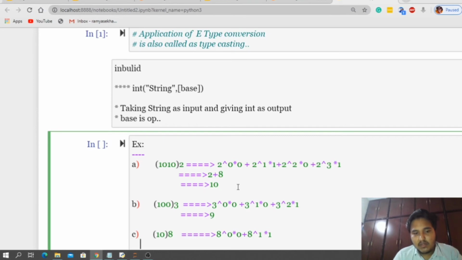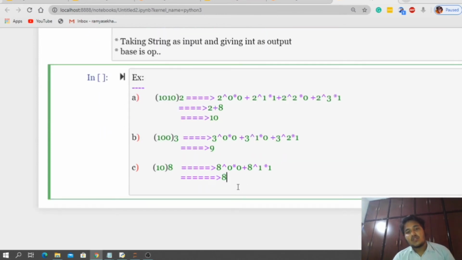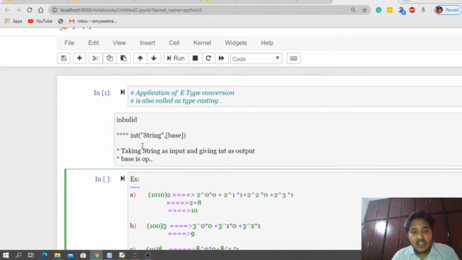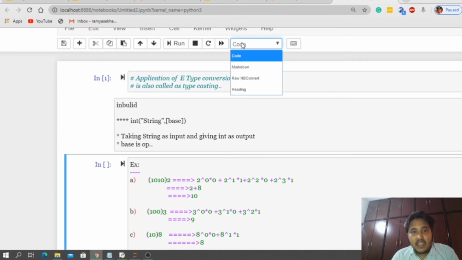Is clear? So after converting this, what we are getting? We are getting 0 plus 8. 8 is an output. So is this clear? So this is an example how to convert a given value into the decimal.